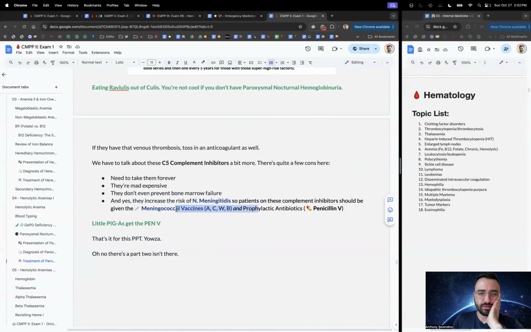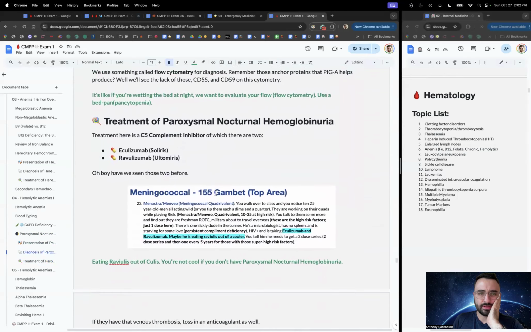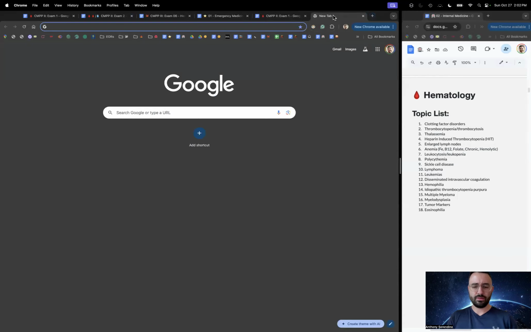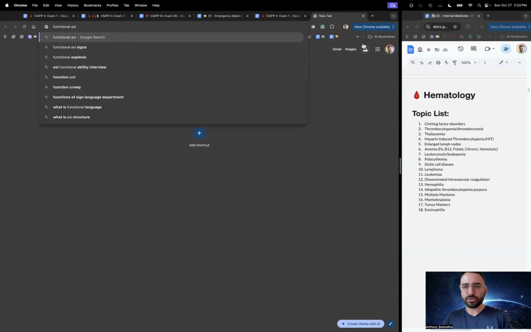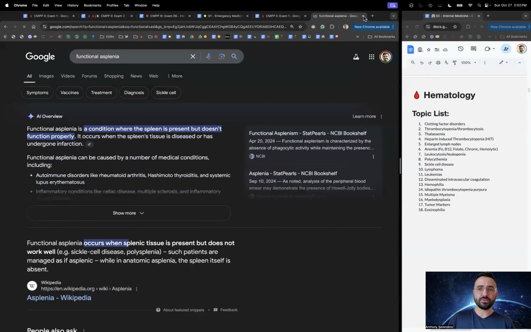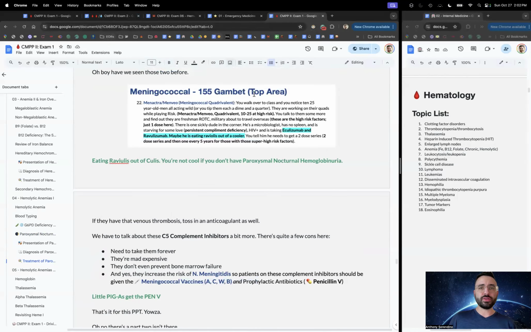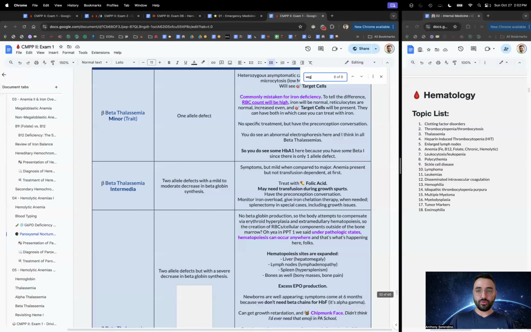So make sure you get vaccinated. So I guess this is kind of like functional asplenia. Is that a thing? Yeah, kind of, or at least you're immunocompromised because complement is going crazy. All right, so that again is normocytic. Then, of course, we get into